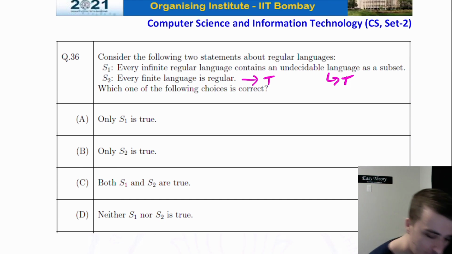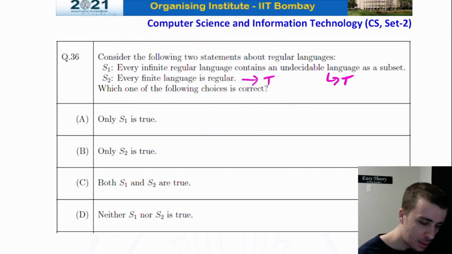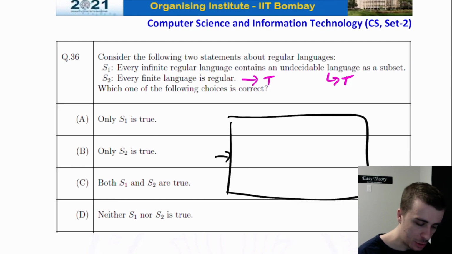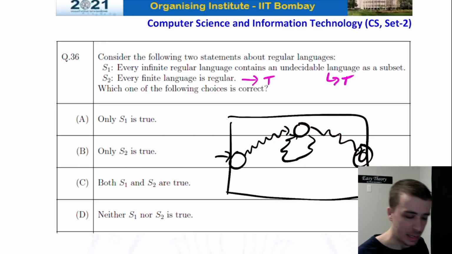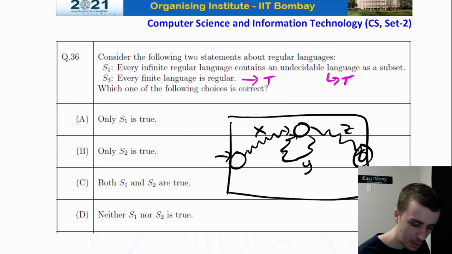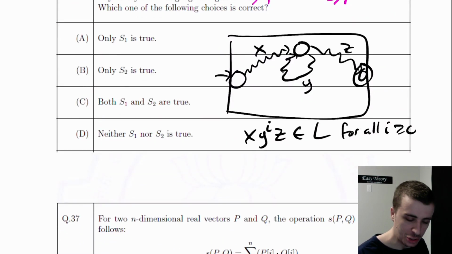Yeah, it is. This one's actually kind of cool, and I may do a video on it in the future. If the regular language is infinite, then in the DFA, this is actually quite complicated, but it's kind of cool. What we have, based off of the pumping lemma, is a way to break up the string into those famous 3 parts. If we label these x, y, and z, then x y to the i z is in L for all i at least 0.